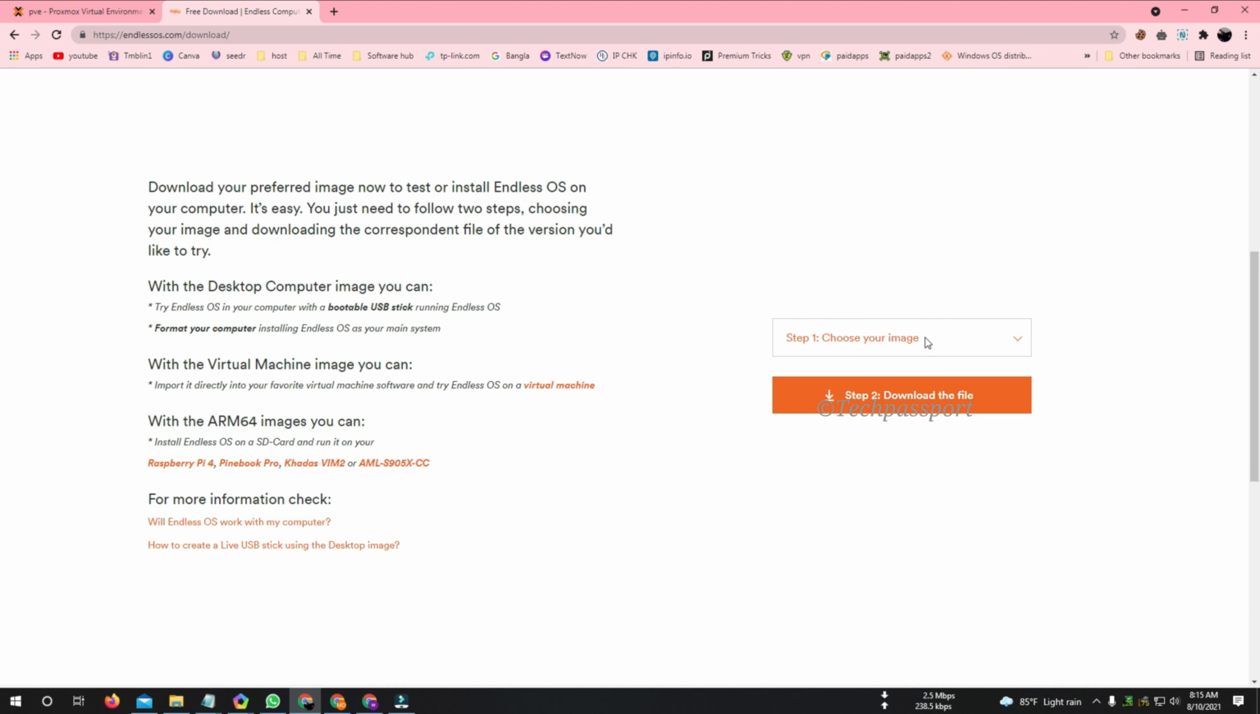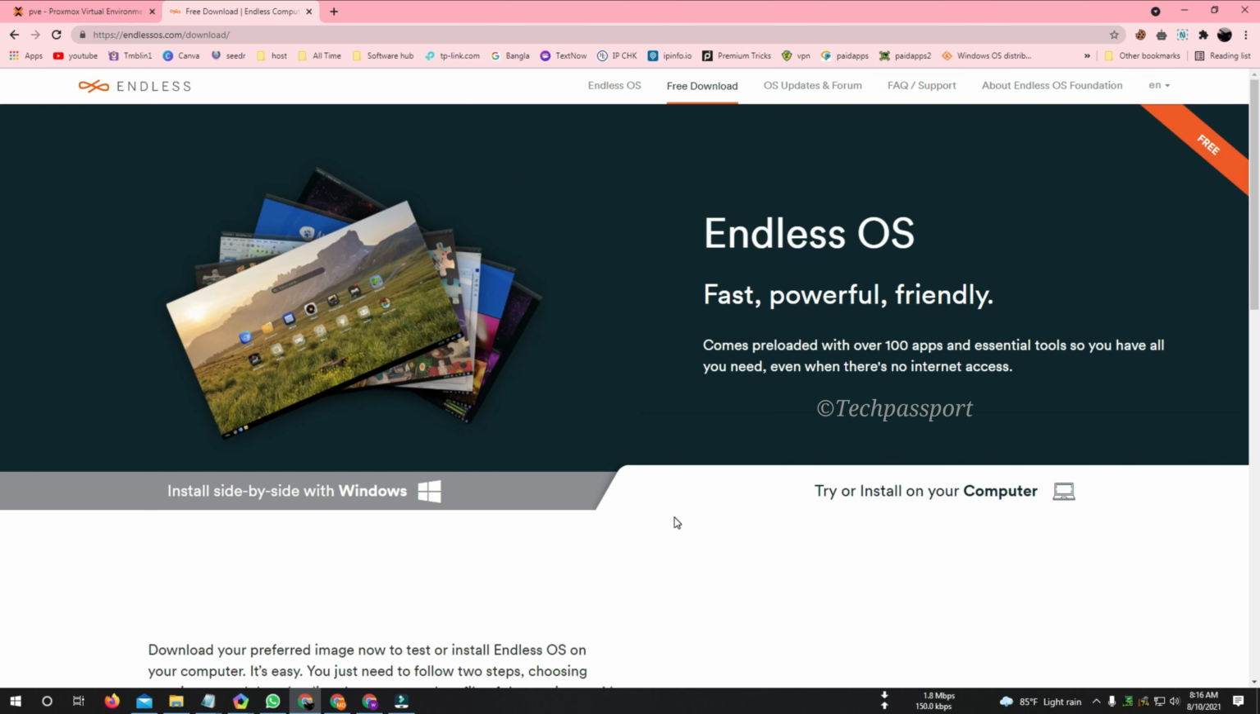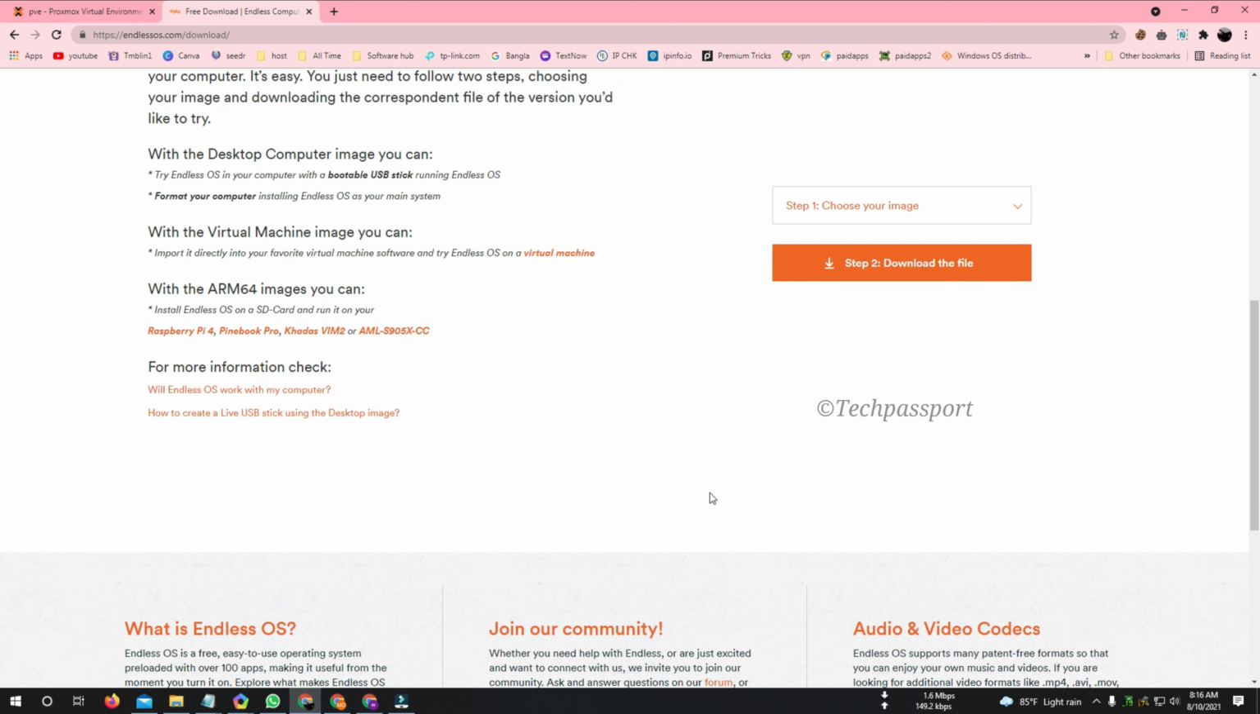Then choose your image. Here it suggests various kinds of OS types and ISOs, and then you can select which one you want. If you want to run a virtual machine, you can select virtual system, Raspberry Pi, Windows, DOS, Libra computers. It's a lot of options. You can choose your desired ISO, and I am just using the PC installation option, so I'm downloading the normal ISO image,